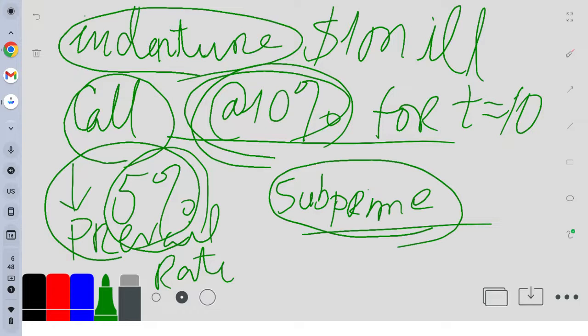Subprime sounds like just below prime. No, actually prime is good. Your credit score is very good if you're prime. Then subprime sounds like it's just below, so it's probably average. No, subprime is a euphemism. You understand? It's just putting it in a nice way. Subprime borrowers were people who had very, very mediocre credit rating, very mediocre credit score. But they could still get the mortgage. To talk about it is a long story.